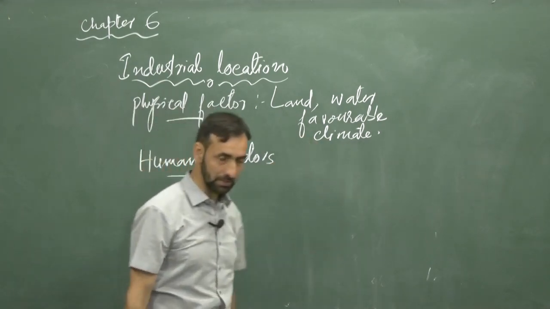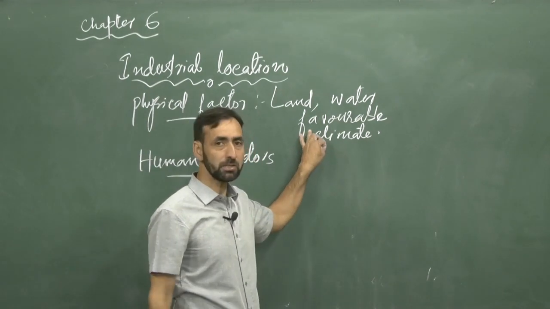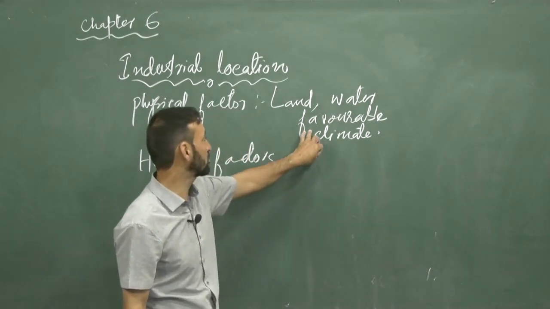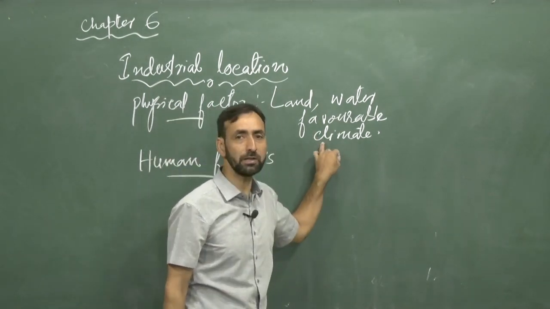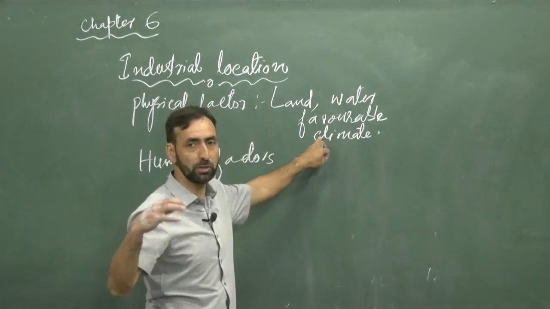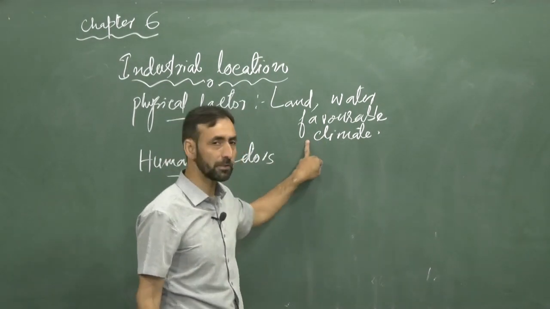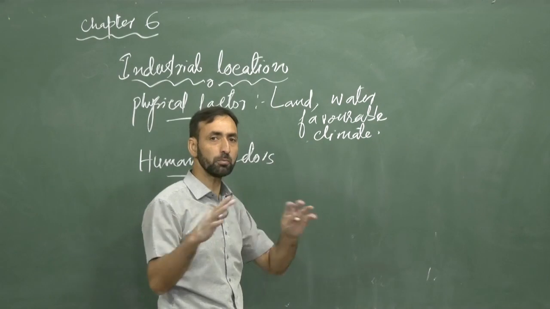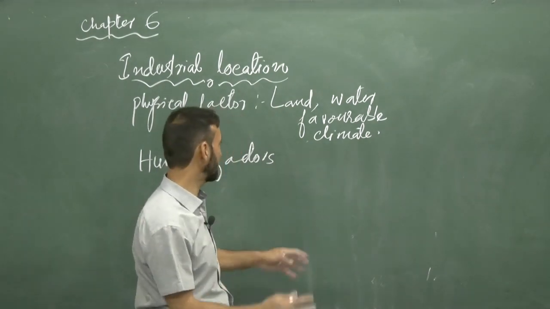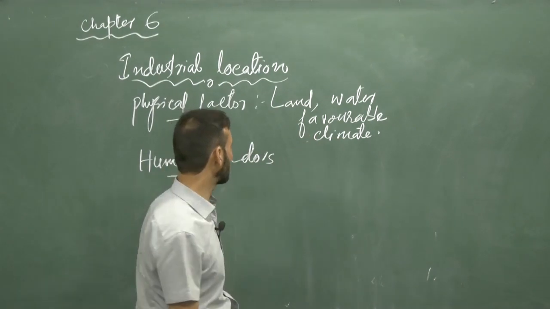Favorable climate, in the sense that there is one example in Maharashtra, where cotton is grown in black soil, which needs 210 frost-free days. That means the temperature should not go down. The temperature should be high, so that the cotton bolls expand, and more cotton will be obtained from the cotton plants.